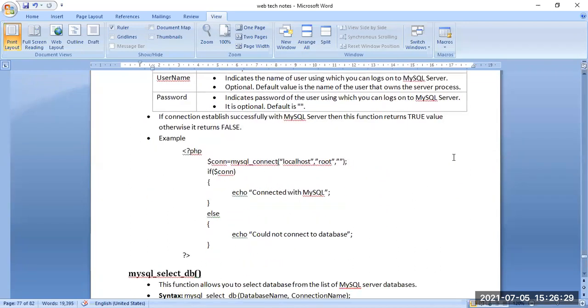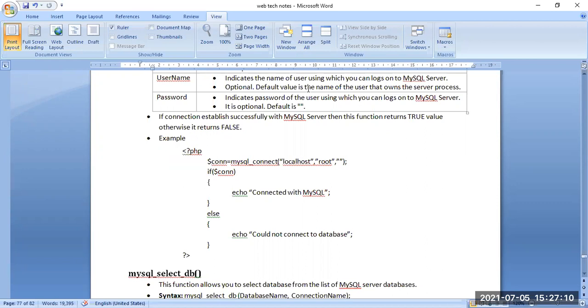First of all, the connection is created. We can see that $connection is given, that is MySQL connect. This is my function, MySQL connect, then the server name localhost, then the username root, and the password. It is not actually given any, so the default password, as we can see here, with the double inverted commas, is blank. The $connection variable is holding these three particular values: the localhost, the root, and whatever the password is, through the MySQL connect function.